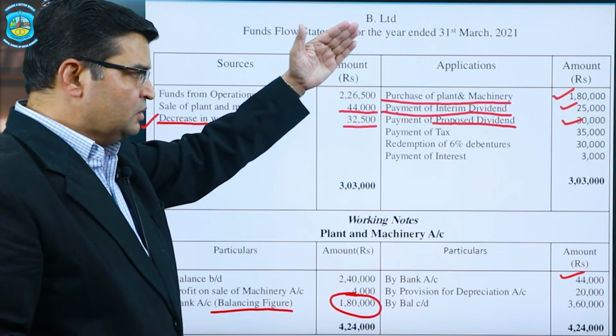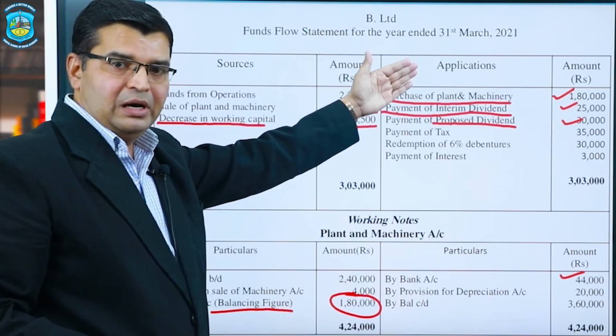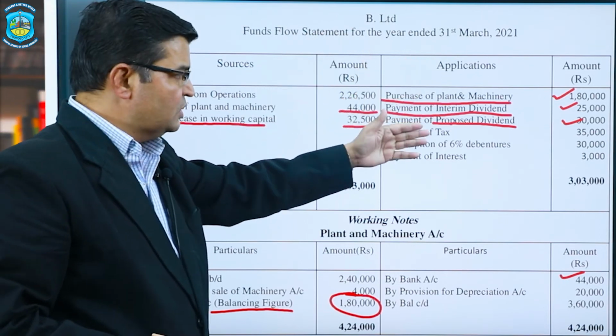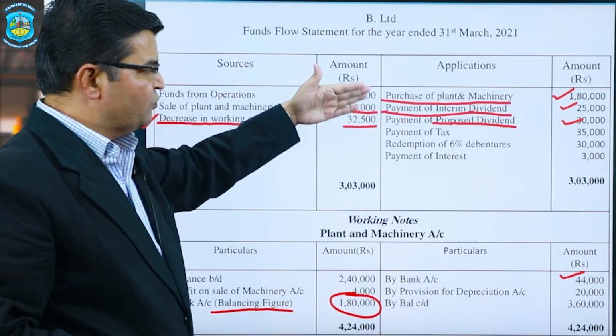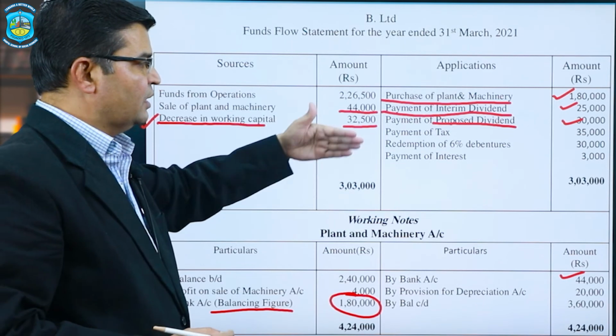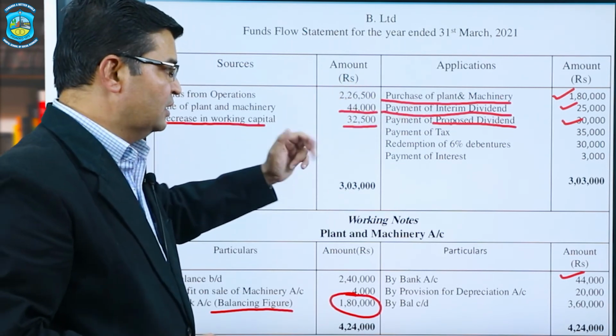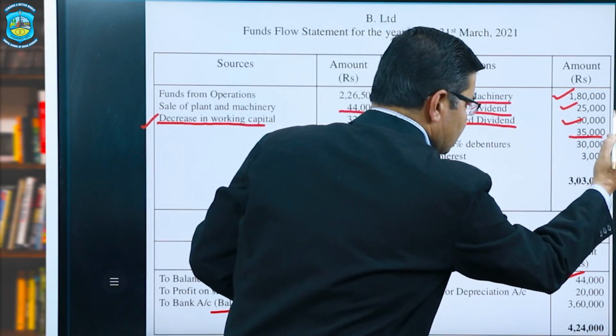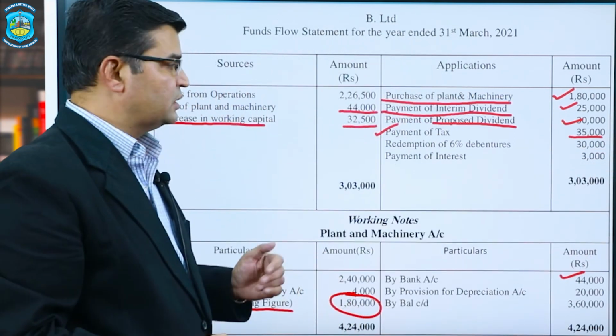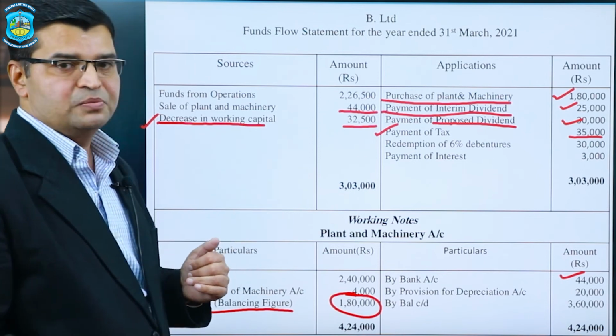So this side is actually applications of funds, in which all the funds are going out from the business. Here, first payment of interim dividend and then proposed dividend. Now payment of tax. During the year, the company has paid 35,000 rupees worth of total tax and redemption of 6%